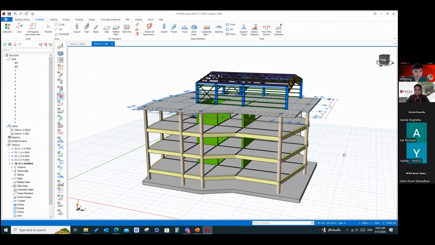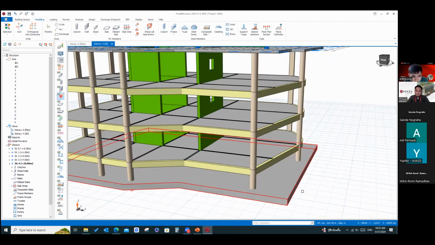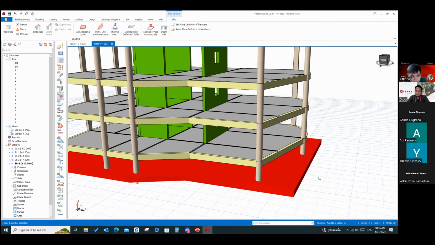I would like to ask again about the boundary condition in mat foundation. How to define the boundary condition in mat foundation? You use mat foundation in the structure.